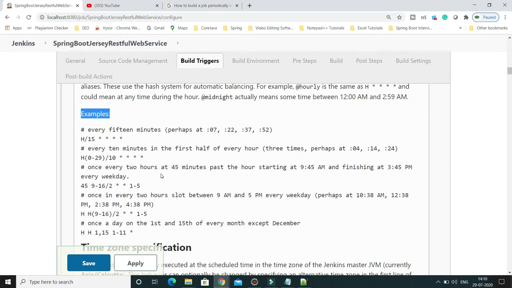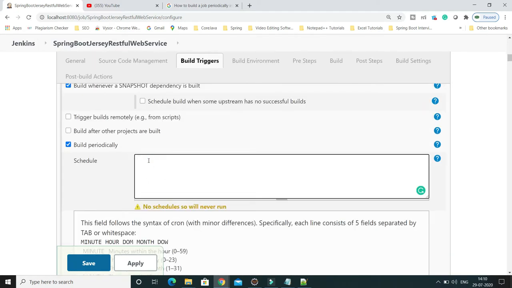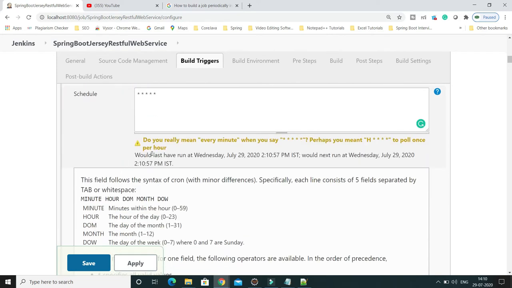Let's say you want to run a job every 15 minutes, so H slash 15 you can give. This means your job will run every 15 minutes, and a star represents all values. So if I put an asterisk, separated by a tab or a space, 5 times, that means my job is going to run every minute.